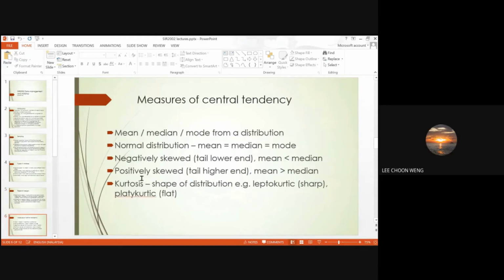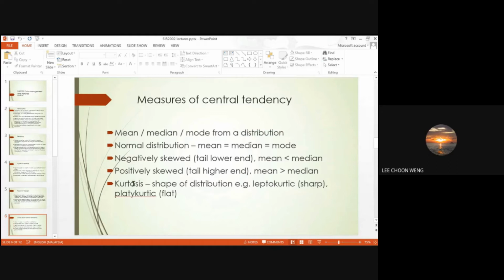Once we have collected a lot of data, how do you describe it? For example, if you're just measuring bacterial abundance from one site, you measure daily, you measure hourly. So how do you describe them? With some form of descriptive statistics. When you have a lot of data, usually